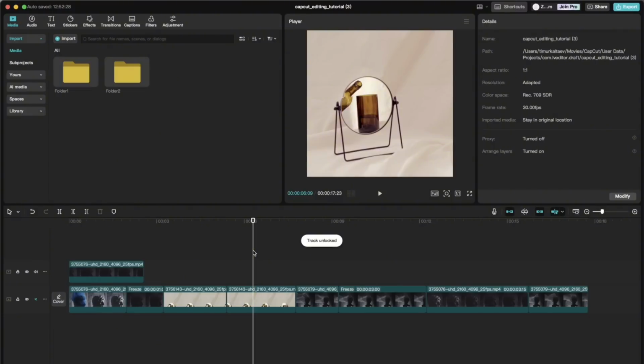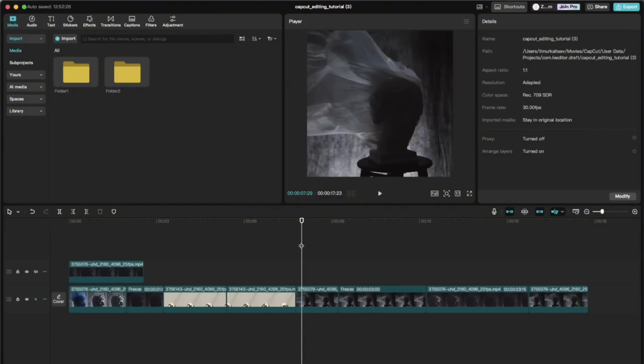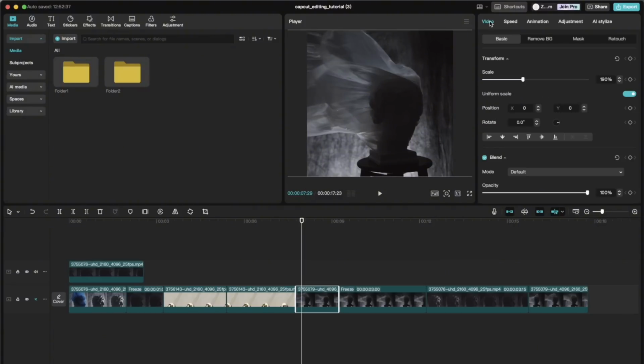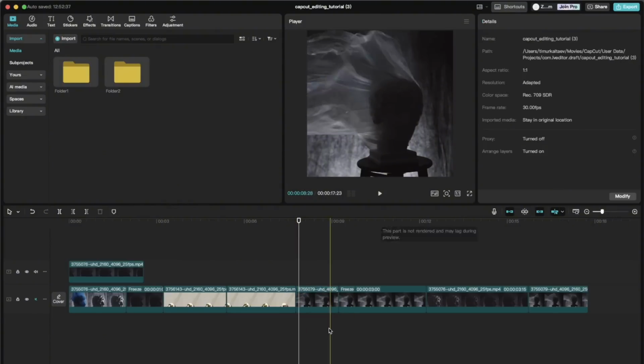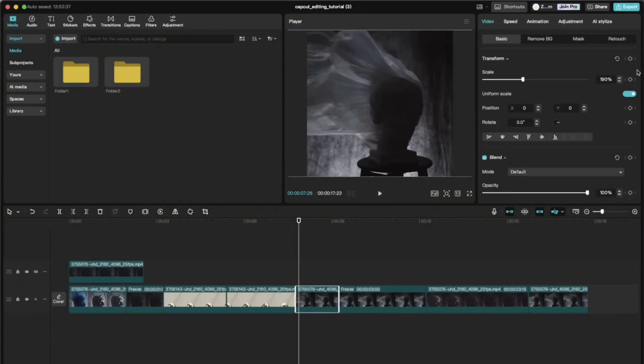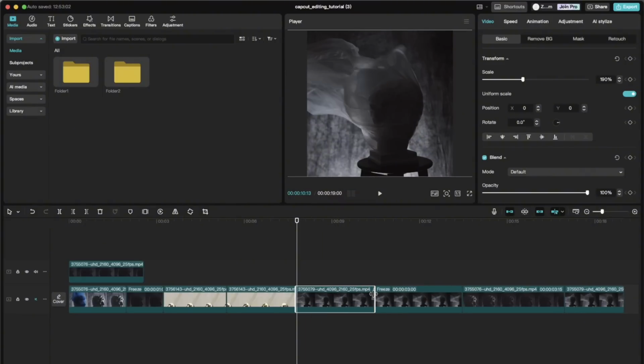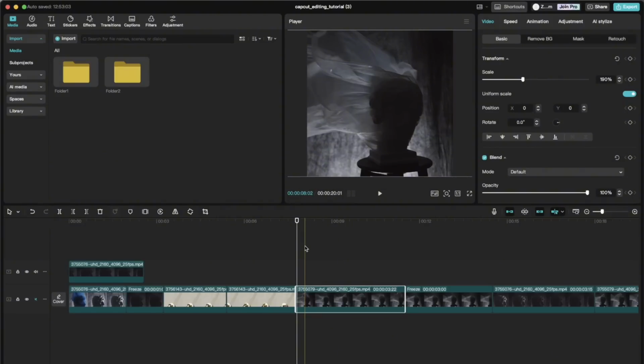And now let's do the slow zoom effect using keyframes. Once you select the clip and go to the video tab here, you can see there is a keyframe button next to the scale, and with your playhead you go to the place where you would like your zoom to start. So for example, in the beginning of the clip, you click on keyframe,